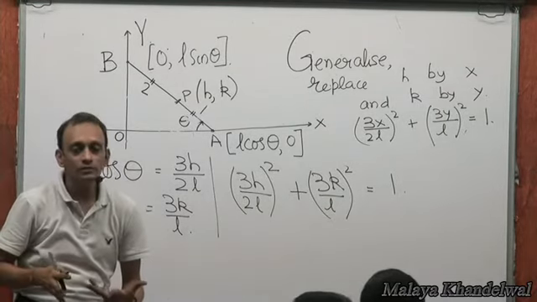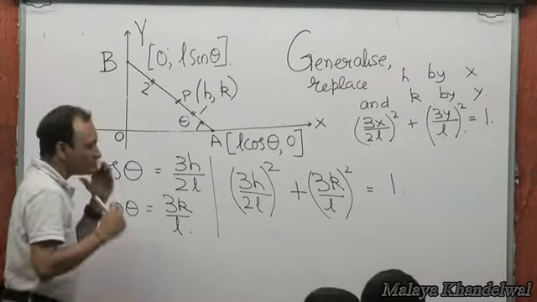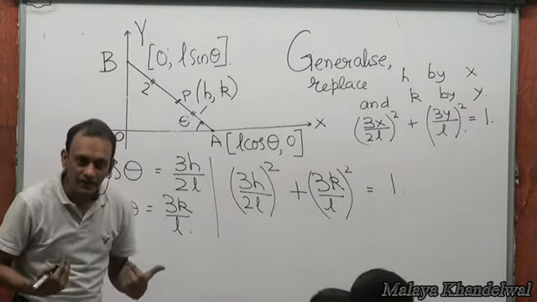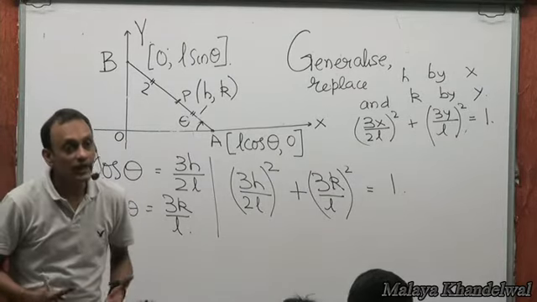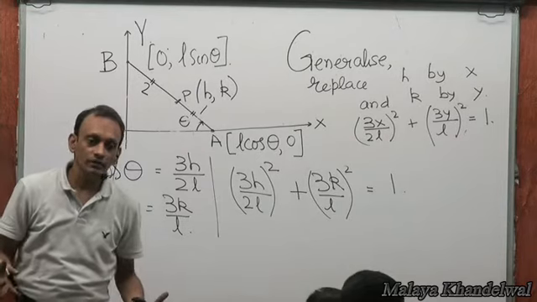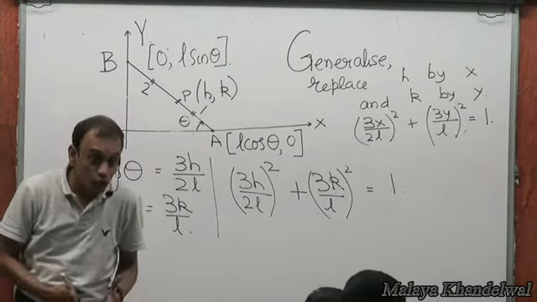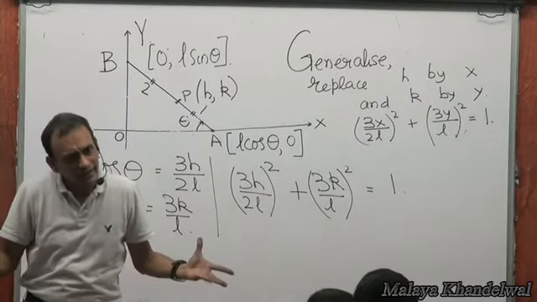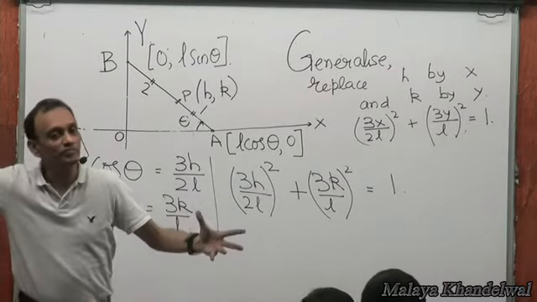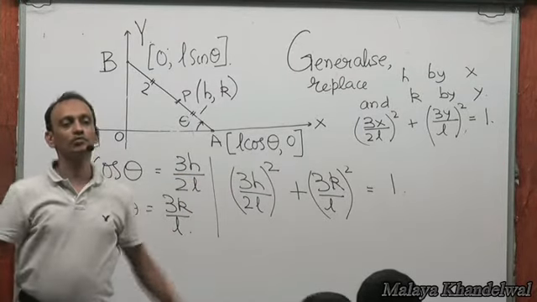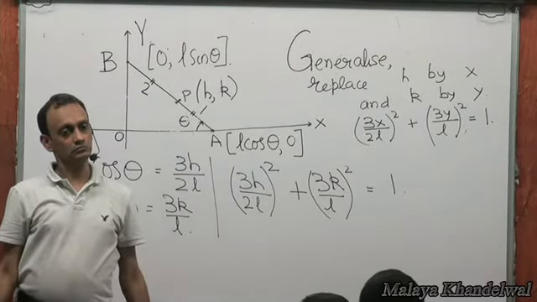But then, no. See, where is the generalization? I need a relationship true for all theta. So, can you give me an equation that will be true for all theta? It will not be true, right? So, I will have to eliminate theta. If theta gets eliminated, it will be true for all theta. That means all positions of P. That's why the parameter would have to be removed some way or the other.